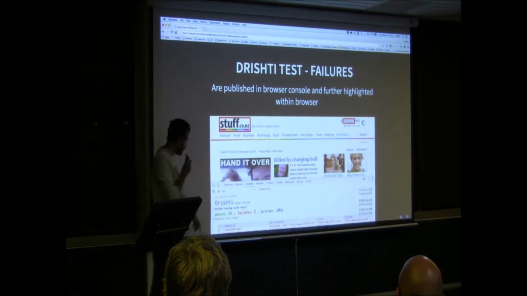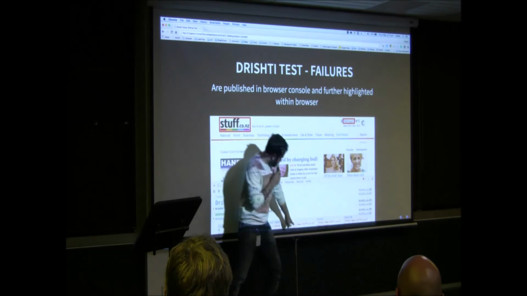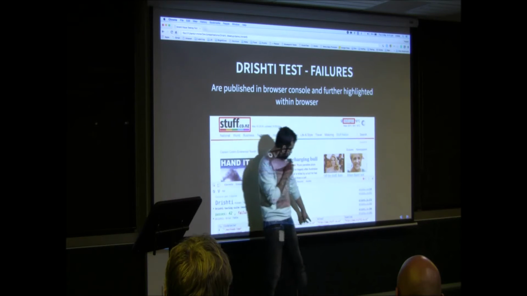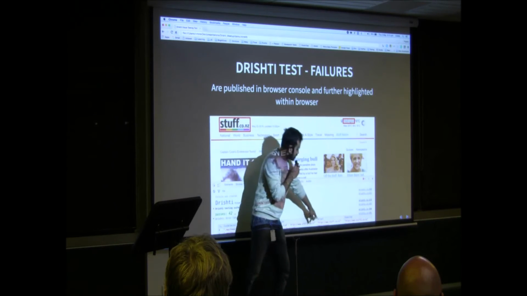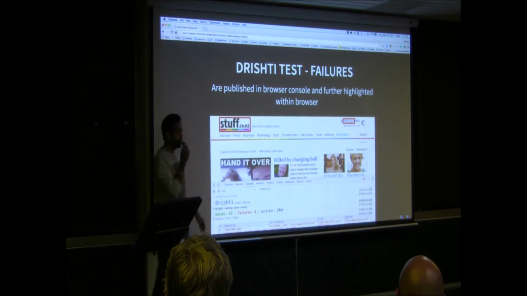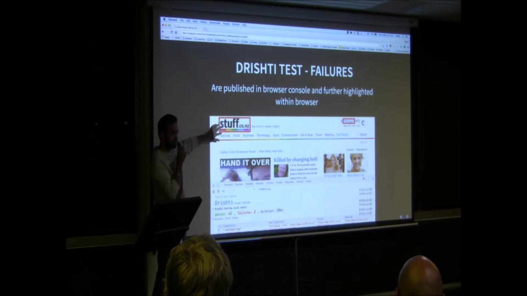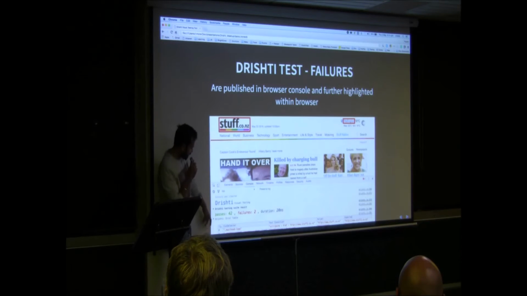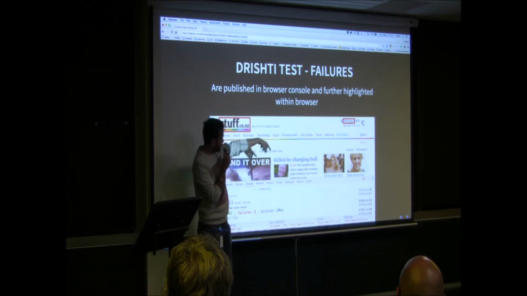What I was checking here, if you look at the bottom in the console, it gives you a clear table view of what has failed. I'm checking for stuff2.co.nz, whereas actually it is stuff.co.nz. So directly in the console you see the actual and expected value, and it failed. The second example is not very clear here, but I'm looking for offline, whereas actually it's Wellington.